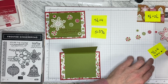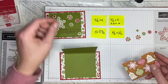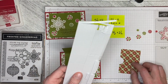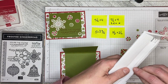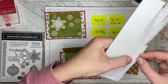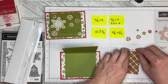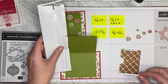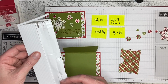To put down the gift enclosure, like the card holder, we just took, oh, that would be cute that way around too. But I'm going to leave it this side because I like the gingerbread cookie theme. So I've cut these to length, and I'm just going to peel them off. And of course now they won't peel because I'm on video. They peeled just fine before. And right close to the edge, and again on this one, right close to the edge, and then a slightly longer piece for the